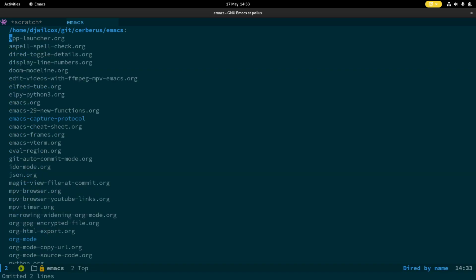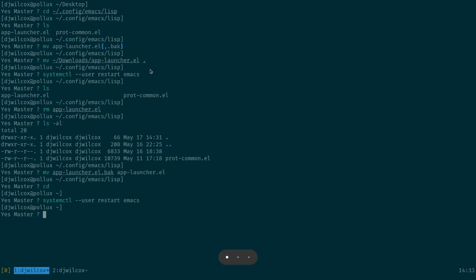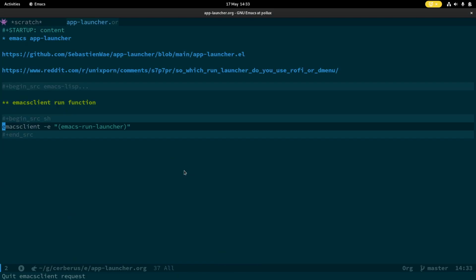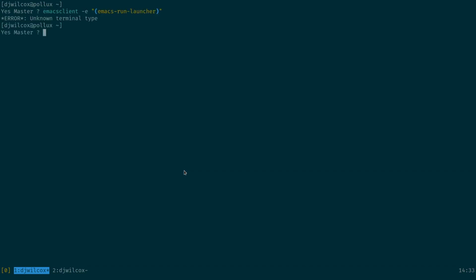I'm going to copy the actual command we're going to run. Okay. So if I put this in the terminal, emacsclient -e, Emacs run client, you'll see that it pops open. If I close Emacs and run it, nothing happens. Emacs is running as a systemd service, so it is actually running, but it's not working without the